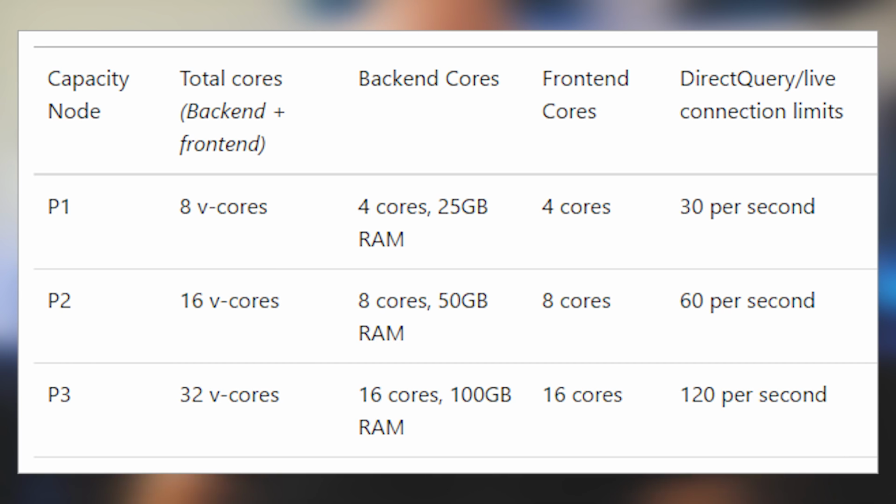Okay, so you're interested in Premium, but what should you get? Right now, there are 3 SKUs that are available at general availability. These SKUs are referred to as P SKUs or Premium SKUs, and they range from P1 to P3. The different SKUs offer a different range of resources. We have that listed in the documentation. I'll flash something on the screen for you, and I'll have links down below in the description for you to go look at the documentation that has this information in it. Just know P1 has the lowest amount of resources and P3 has the greatest amount of resources. Over time, you will probably see additions or changes to these SKUs as we go forward, so be sure to refer back to the documentation if you have any questions.